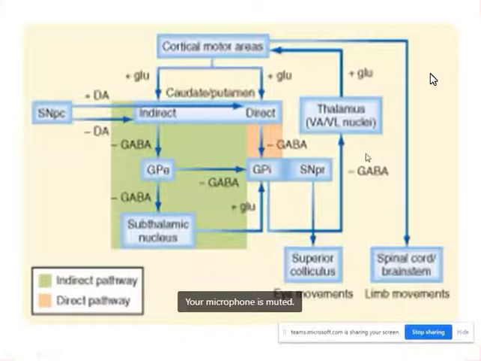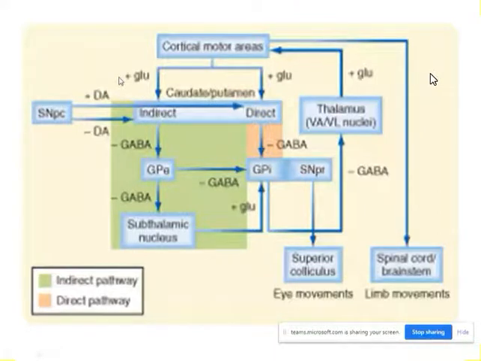Anyone? You may get confused, isn't it? If you look at here again, this excitation, then when this striatum gets excited, the GABA production from this striatum will be low or high? It will be high, isn't it? So it is high, means the production of the GABA from here will be low or high? Low, isn't it?